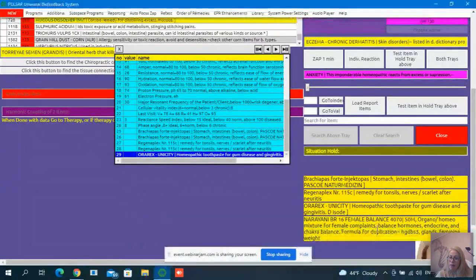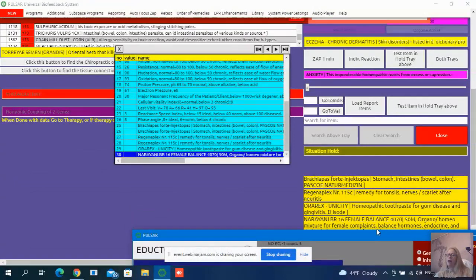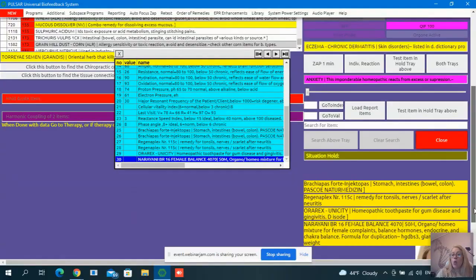And the fourth item is female balance. A mixture for female balance hormones, endocrine, so also a hormonal issue. Okay, definitely, because obviously anxiety does affect hormones, so there's something going on there too. Okay, so by doing a test of the item against the main matrix gives you a general idea, but we can